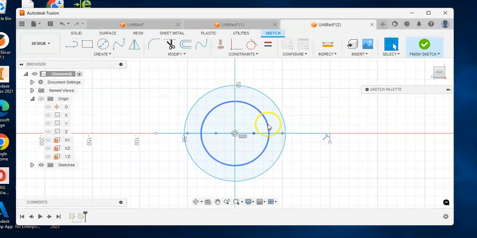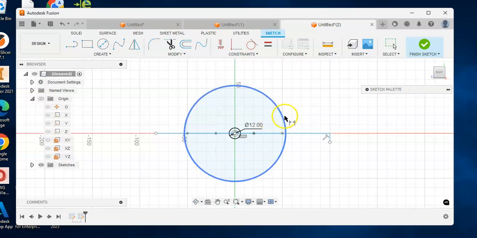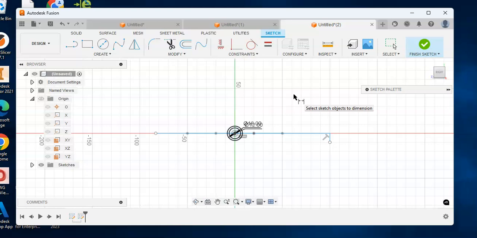Hit enter. I'm going to press D for dimension. Okay, I want this one to be, let's say we'll make this one 12, and we'll make this one 16. Okay,